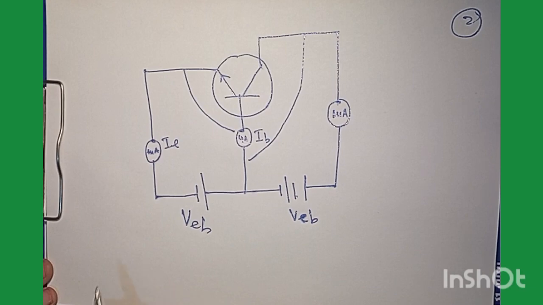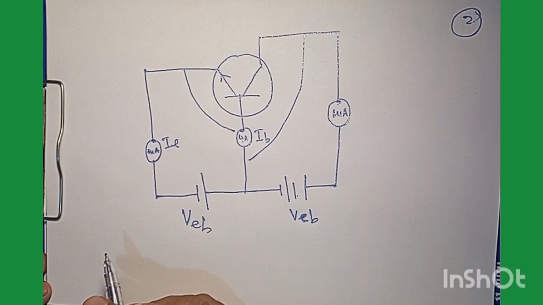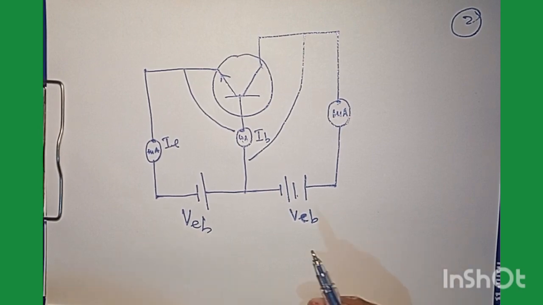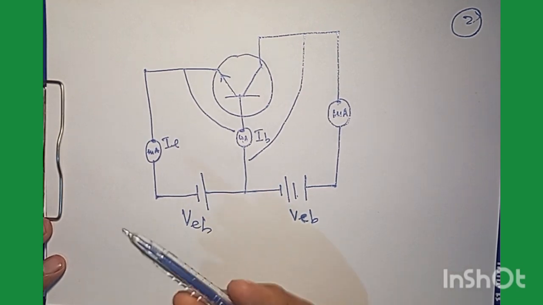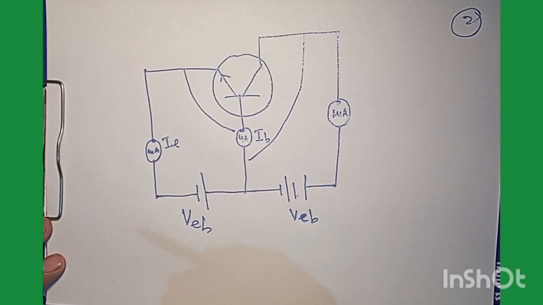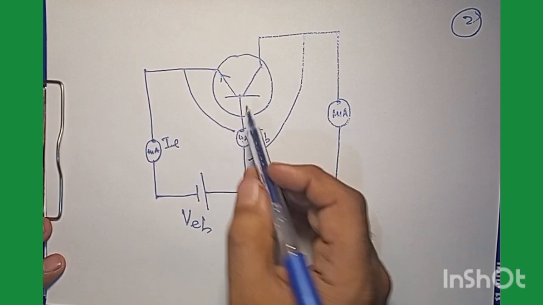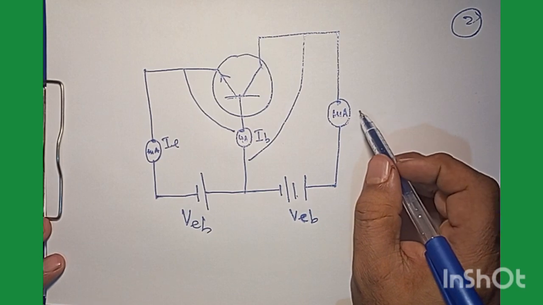So this is the circuit formulation of this transistor in action. And I have tried to explain the mechanism of flow of current due to the majority charge carriers in this PNP transistor. What is important here is that the input circuit should always be forward biased, and the output circuit should be reverse biased. At the same time, a question arises in our mind: why is it that the base of this transistor is very thin and